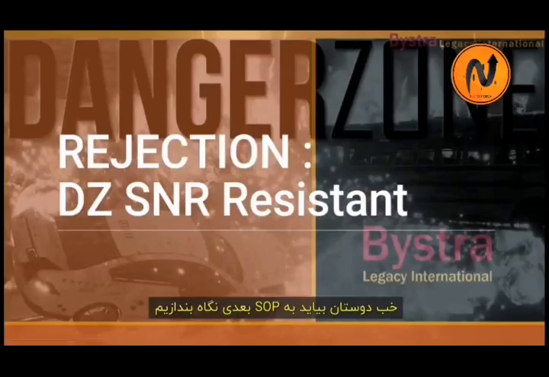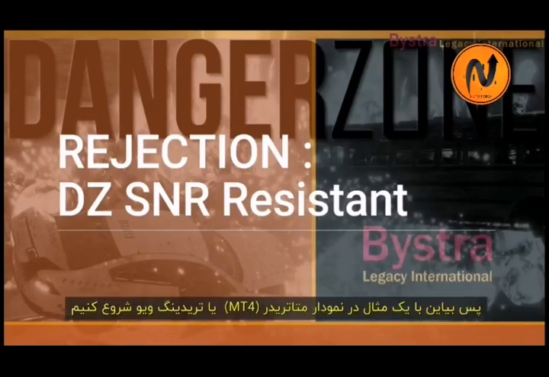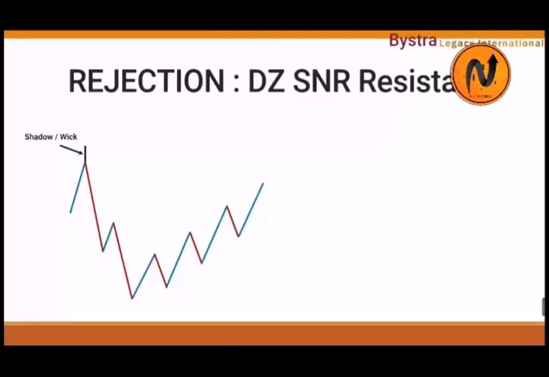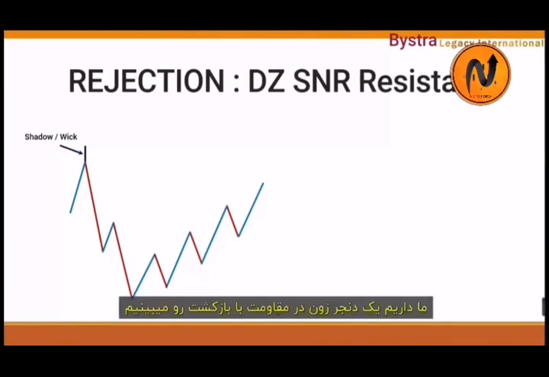Now let's look at the next SOP, guys. This time is the danger zone rejection at the resistance. So let's get started with the example in the MT4 or the TradingView chart. This is the weekly time frame, and we're looking at the danger zone SNR for resistance with